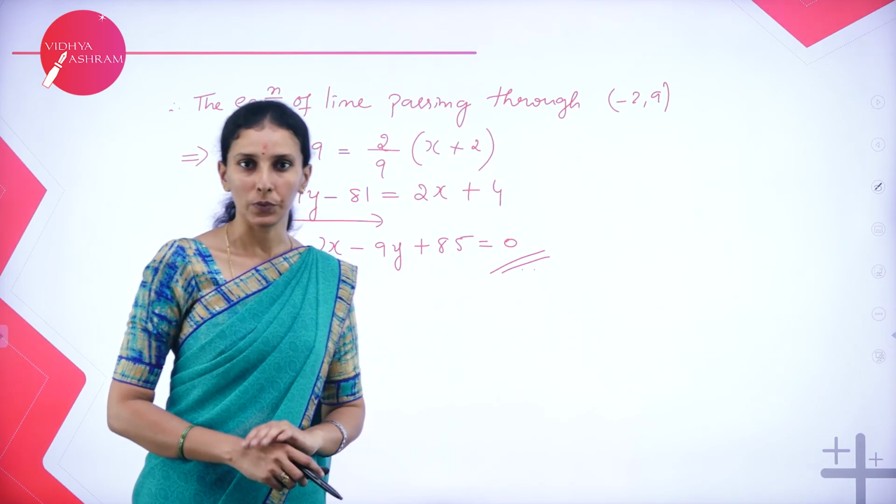equal to 0. Yes, in today's session we have learned how to write the equation of a line on given conditions. Whenever two lines are parallel, whenever two lines are perpendicular, whenever it is a median or any kind of line having a slope and a point, we can write the equation. And we have learned various types of writing the equation of a line. In the next session, we'll be learning about the general equation of a line and how to reduce the general equation into these various types of